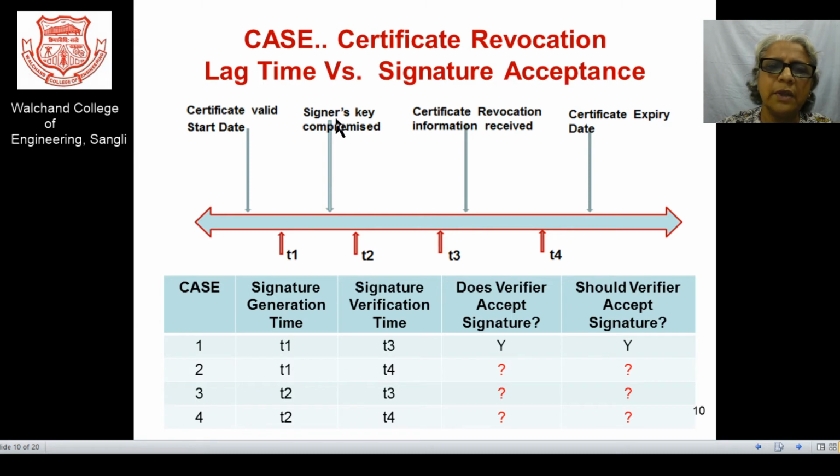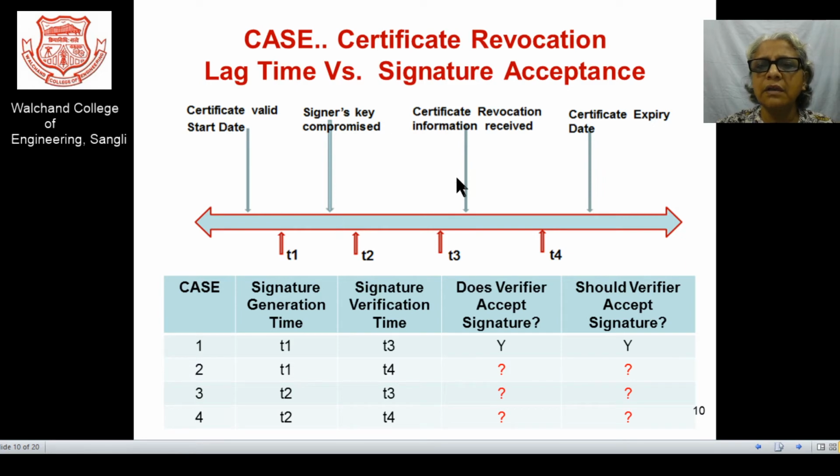For example, the person, the entity who carries the authority for usage of the certificate, is possibly no longer working with the organization or has left the particular organization. So at that time the signer's key is compromised. Let this be the time.